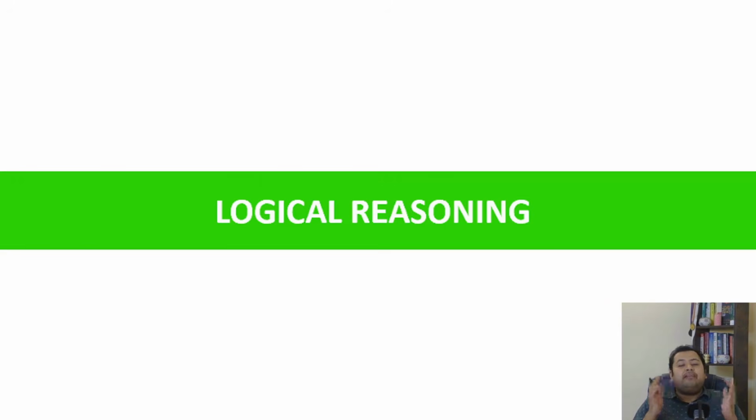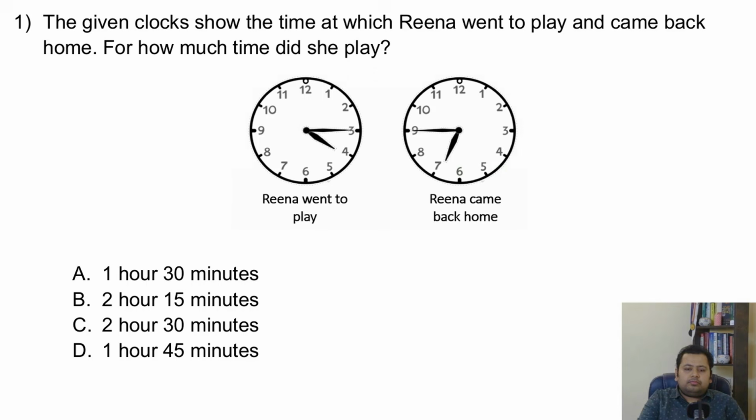The format of the video is I will read out a question, explain the question to you, and then run a timer of 3 seconds. The expectation from you is to pause the video. Whenever you see the timer, pause the video, solve the question yourself first, and then go to the solution. Even if you get the answer wrong, at least because you would have solved it first, you would then be very thorough with the steps that are required to get the answers correct. And it is very important that you do that before looking at the solution, right? So now that we are clear with the format of the video, let's go ahead and solve the question paper.